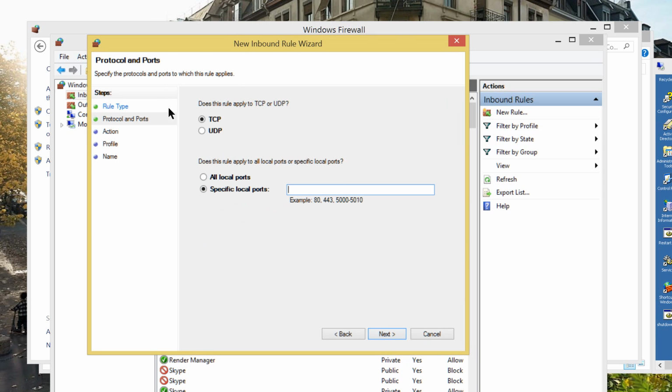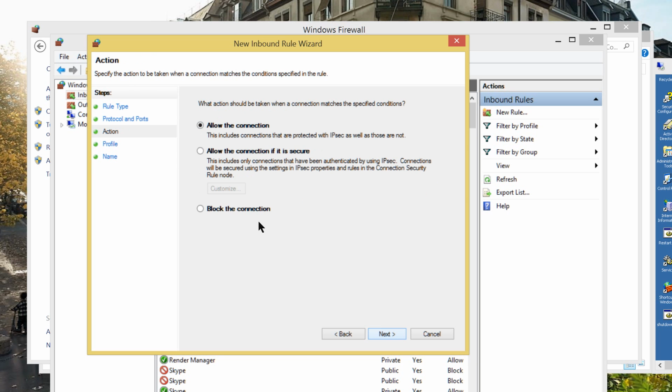Clicking next. And don't click all ports or else you will be invaded. Just open only one port and it is 21. Now there is a TCP and UDP selection. I choose TCP this time. Now click here and then allow the connection.